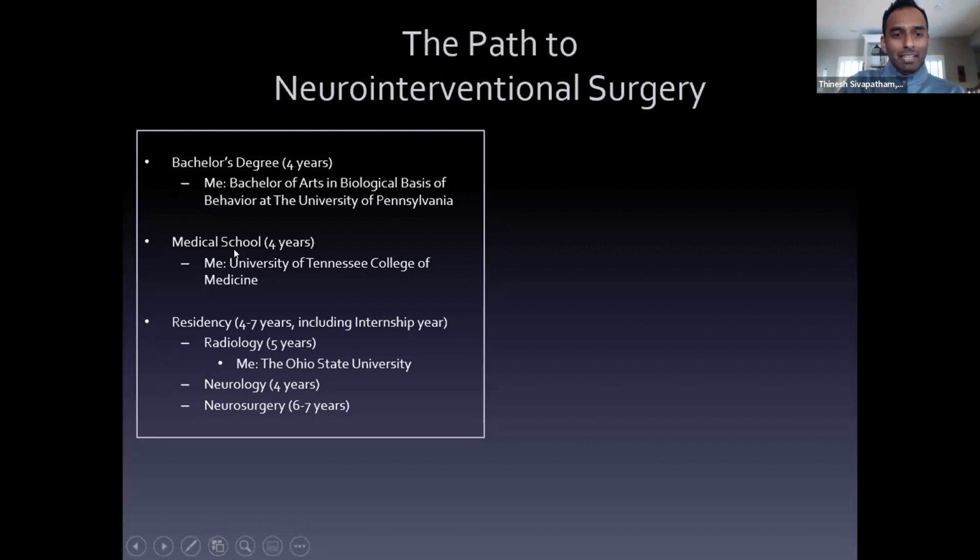After medical school, you do choose a specialty or subspecialty within medicine that you want to go into. And usually, even if you're going into a subspecialized field like I did, you do a year of internship. I did my internship here at the University of Tennessee, where I did my medical school training. And then from there, I went on to do a residency in radiology. Now, to get into neurointerventional surgery, this is actually one of the very few fields in medicine where you can take a path through different residency programs. So I chose radiology. Including my internship year, that was a 5-year residency, which I did at the Ohio